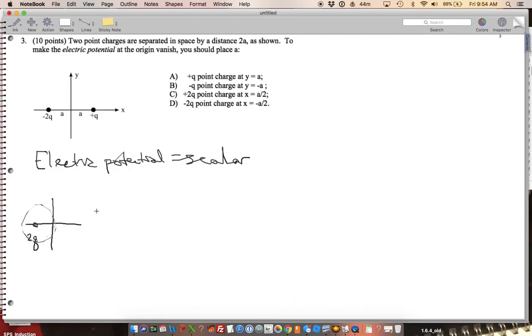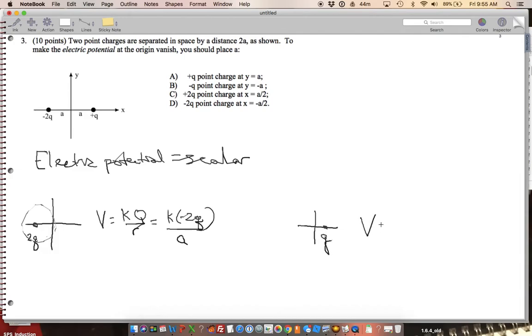So I can calculate what that is. The potential here is equal to kq over r, and so in our case it's going to be k times negative 2q over a. And notice here, I don't really care that compared to the origin, I'm at a negative a. I don't have to put in a negative a here, because this formula just tells me the potential at a distance r away from a charge. So I can say that that's a positive value. And then for the other one, the positive q, I'm going to have,